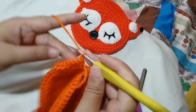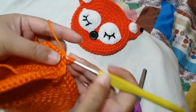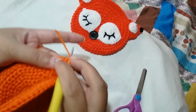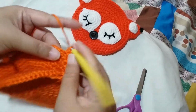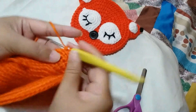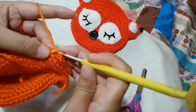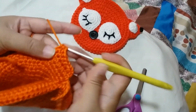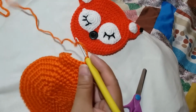Chain 1 and turn your work, and then we're going to half double crochet across 7 times. So you have 1, 2, 3, 4, 5, 6, and 7. So for the third row, chain 1, turn your work, we're going to half double crochet 2